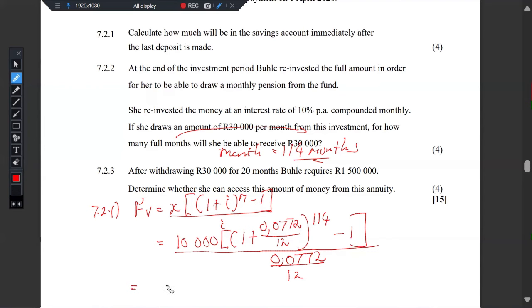Then if you punch all this into your calculator, you are supposed to get